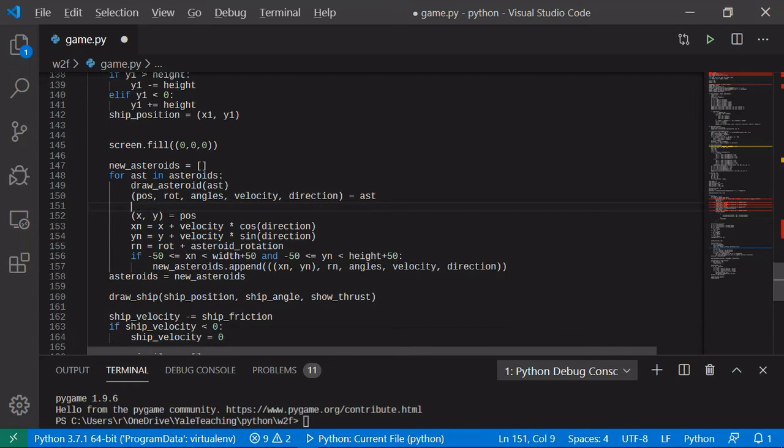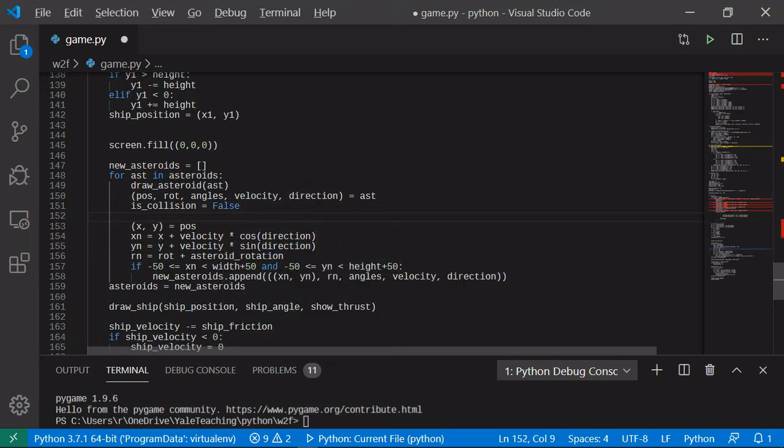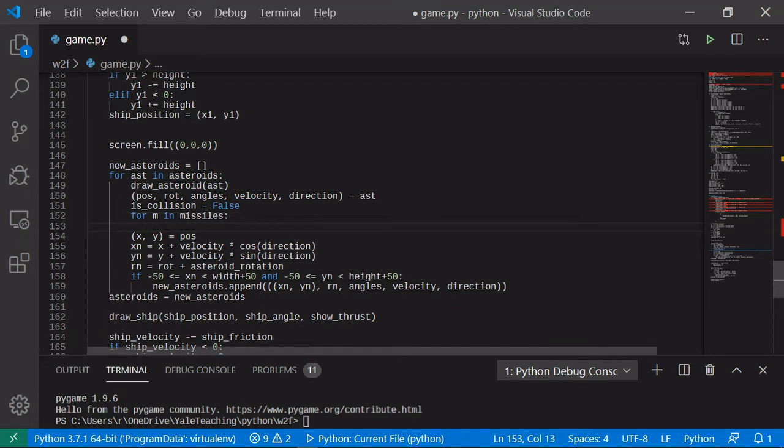is collision is going to be equal to false. All right, we start with this collision equal to false, and then we're going to iterate, right? So for missiles in missiles,